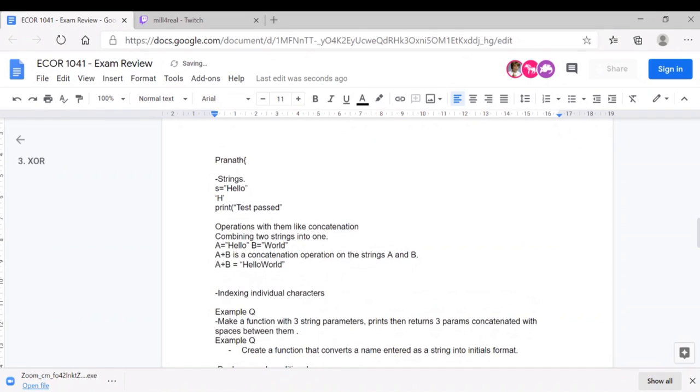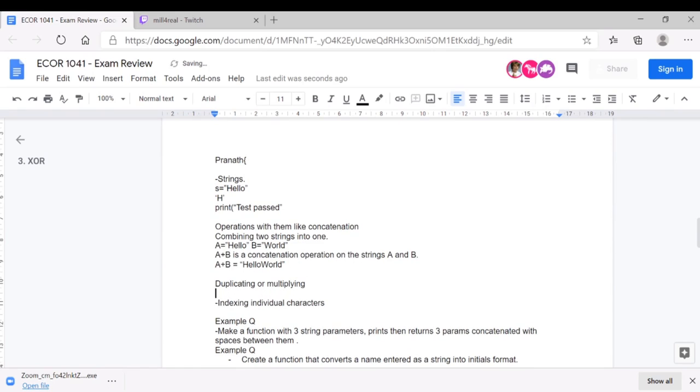Another one, you can call it duplicating or multiplying strings, just not the mathematical way of multiplying, but it works pretty similar to how you do it in math. It's just that now you're duplicating strings.